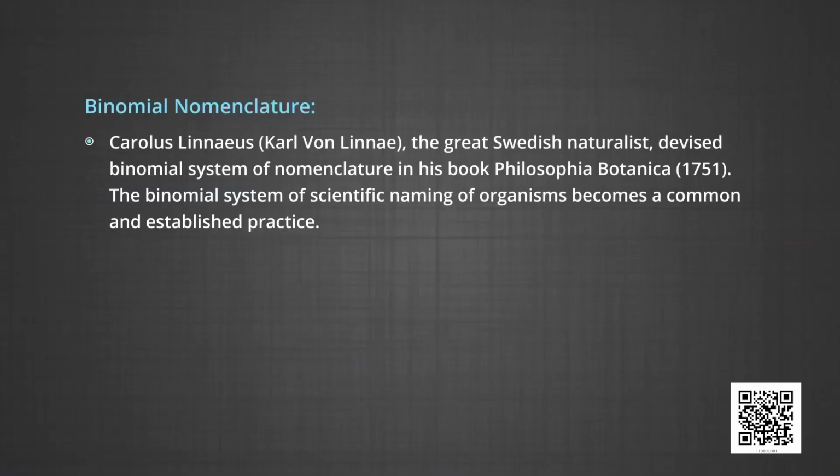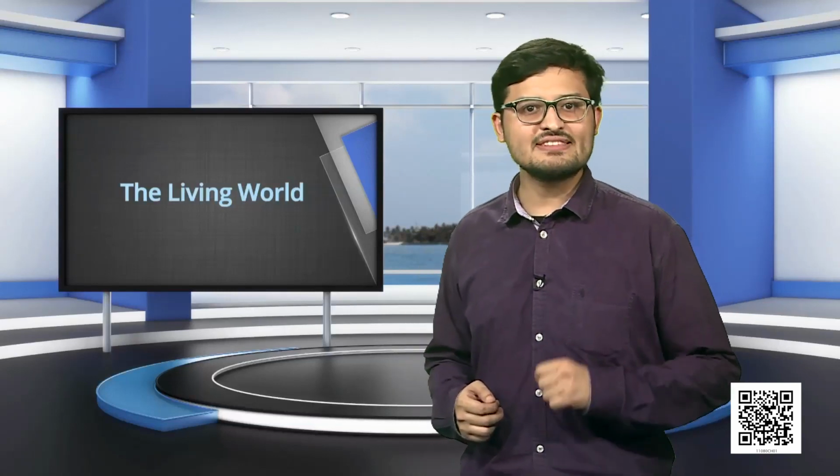Binomial nomenclature. Carolus Linnaeus, the great Swedish naturalist, devised the binomial system of nomenclature in his book Philosophia Botanica, 1751. Now, the binomial system of scientific naming of organisms has become a common and established practice. According to binomial nomenclature, the scientific name of an organism is composed of two Latinized words. The first is called the genus or the generic name or generic epithet, followed by the second word called the species or